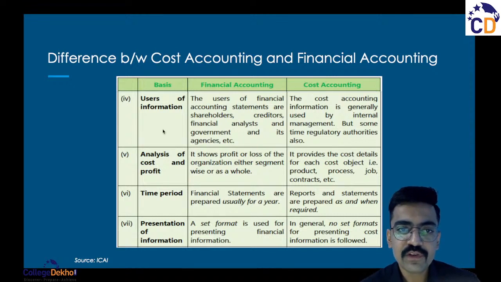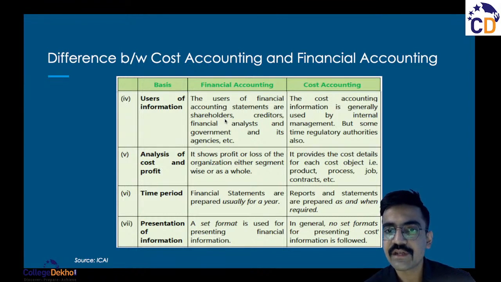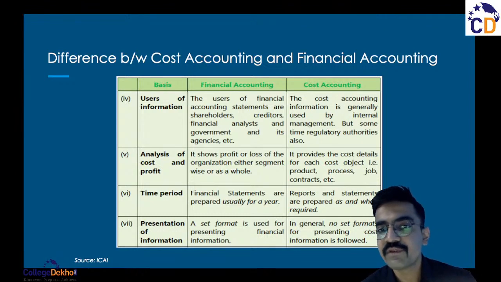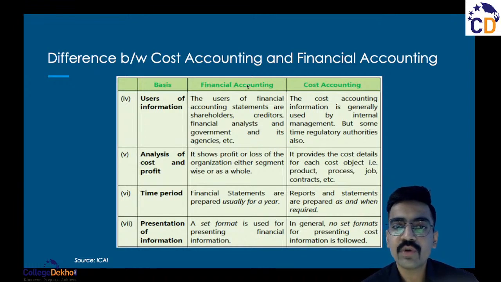Now, on the basis of users of information, financial accounting is used by various types of stakeholders, that is the shareholders, the creditors, financial analysts, and government and its agencies, right? But cost accounting is generally used by the internal management. So this is again a very basic differentiation: financial accounting is done for the external users or the internal users in general, but cost accounting is done specifically for the internal users, for the internal management